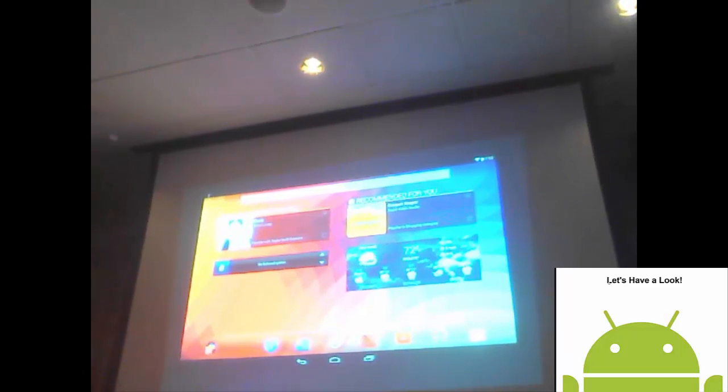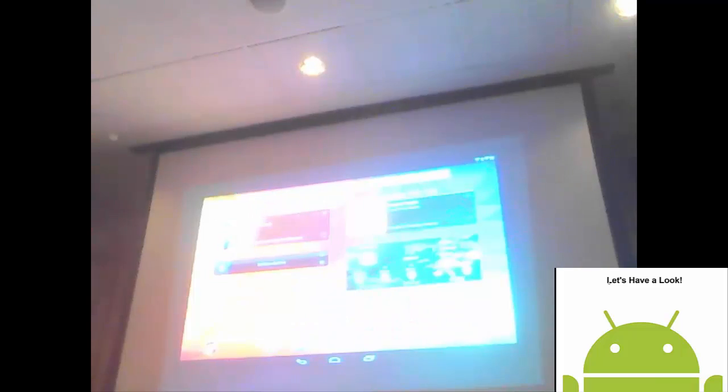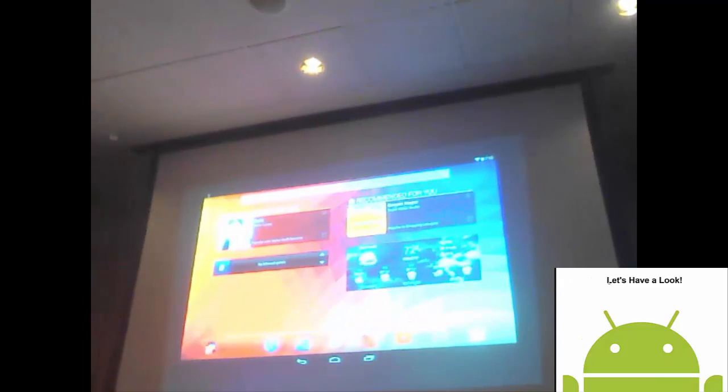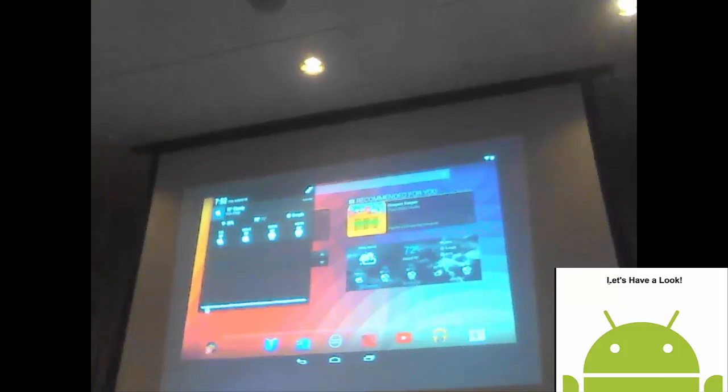Some of the other things to keep in mind, here's a good example. Some of the other things in terms of the interface to keep in mind here, there are 2 drop-down areas, at least on most Google tablets. You'll have 2 drop-down areas. On the upper left-hand corner, there is a drop-down that you can use with either your finger or a stylus,